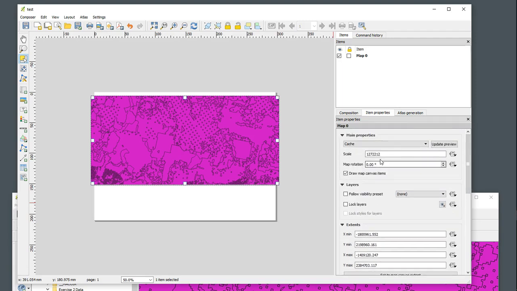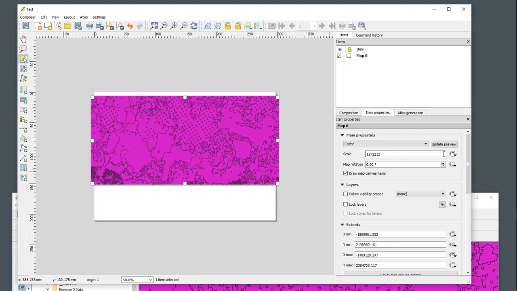Now if I want to get a little bit more control over this, what I can do is deal with scale in the Print Composer space specific to the map element itself by manipulating scale under main properties. In scale here, it drops off the map unit and just deals with the second part of the equation. Okay, so here it looks like we're at about 1.2 million